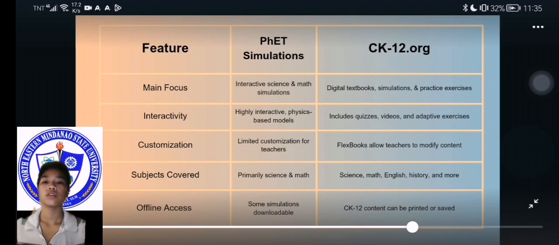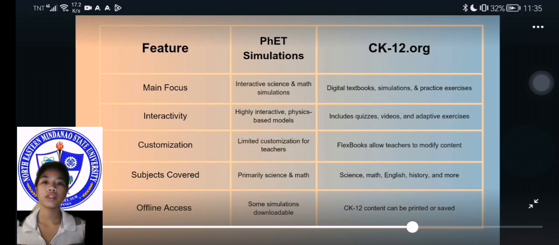So in PhET simulation, its main focus is the interactive science and math simulations. In CK12 organization, it is the digital textbook, simulations, and practice exercises.